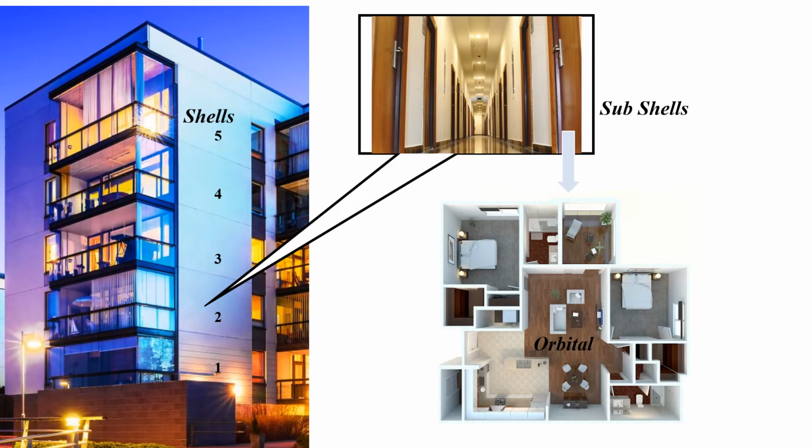Imagine an apartment building. This is just to make the concept clearer to you. Imagine an apartment building where the different floors are the different energy levels or shells of an atom. The subshells are the apartments in each floor. In the second picture, imagine a floor. There are different apartments in a floor, so compare subshells with the apartments in each floor. Each apartment has its own rooms.